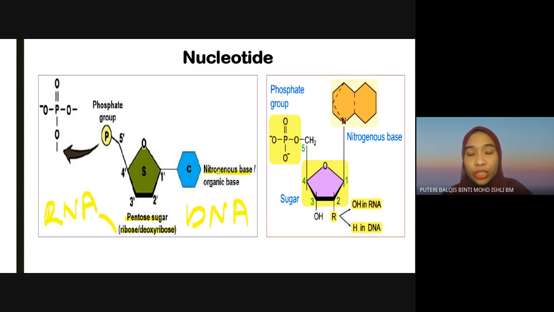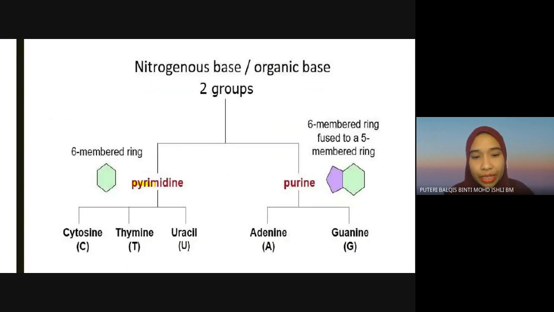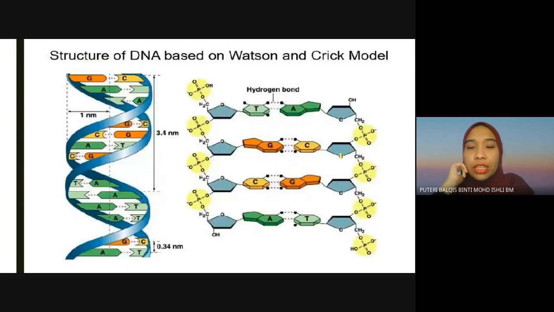So for nitrogenous base, it can classify into two groups. Okay, we have pyrimidine and purine. Okay, we have pyrimidine and also we have purine. Okay, pyrimidine is six-membered ring, and then purine is six-membered ring fused to a five-membered ring. So if the question give you the structure of DNA, make sure you know how to identify which group those nitrogenous base belongs to. For example, if the question give you a structure of DNA like this, so you know